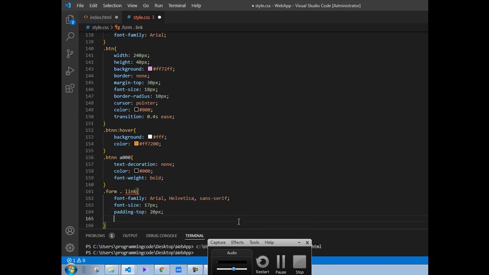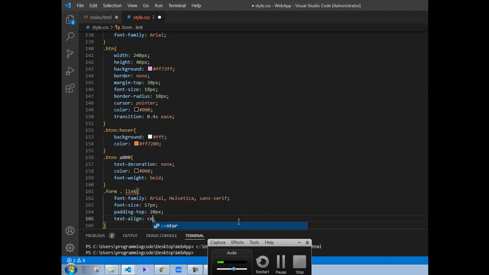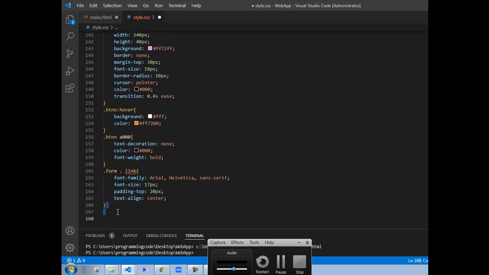Text align is equal center. And for .form .length